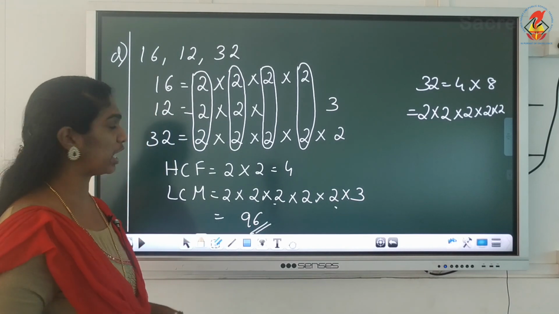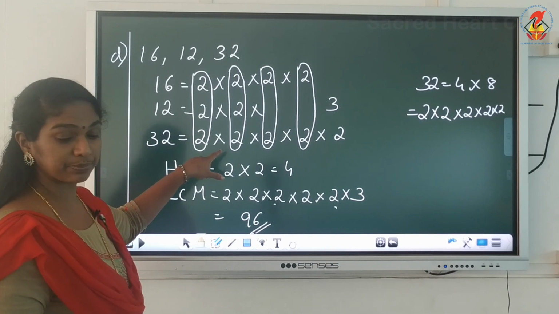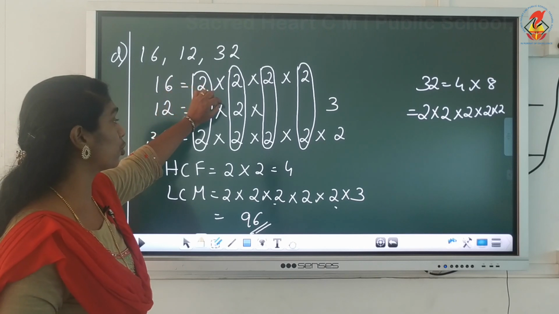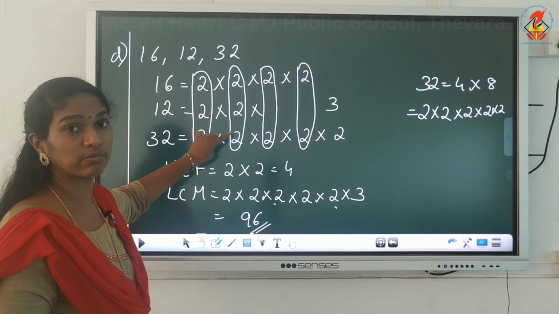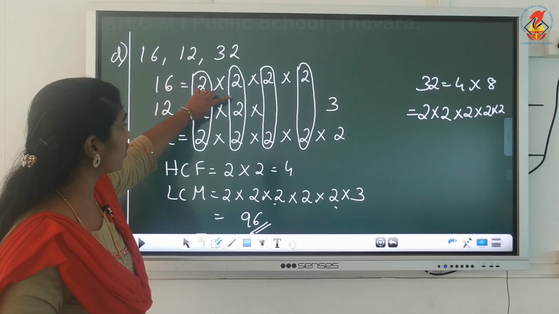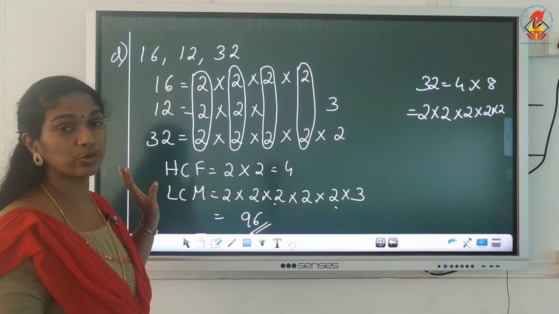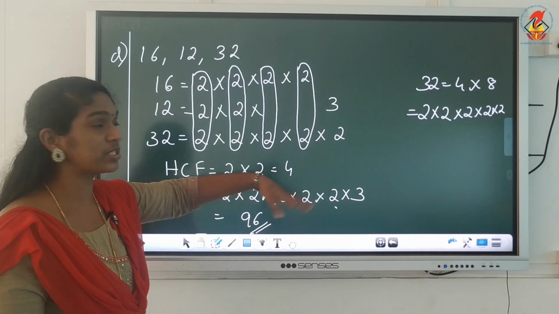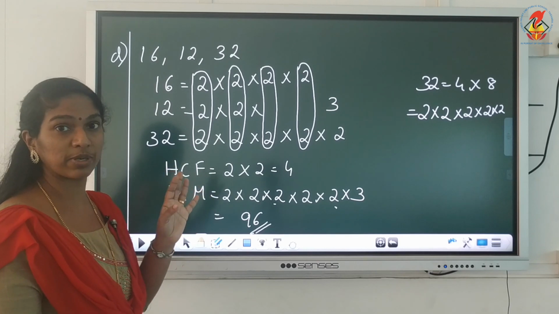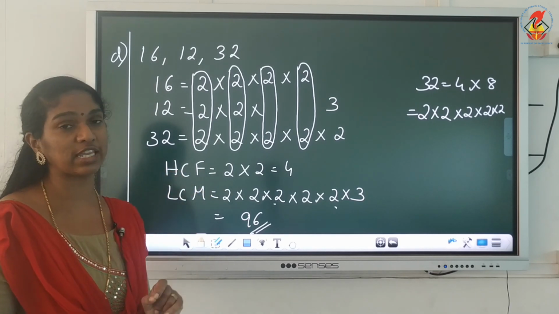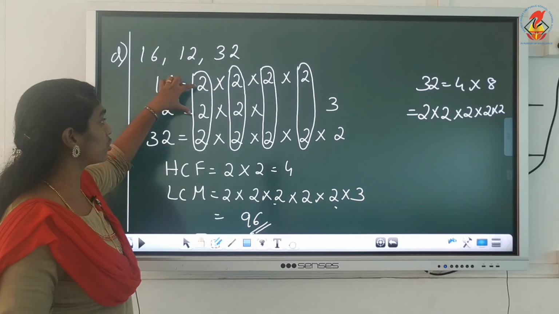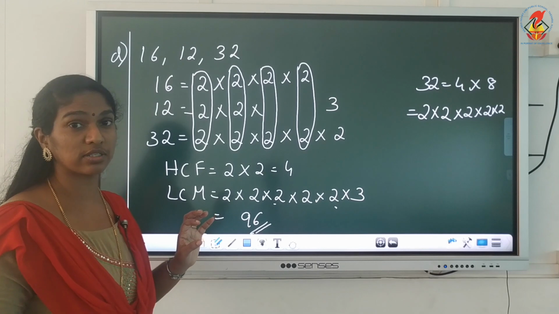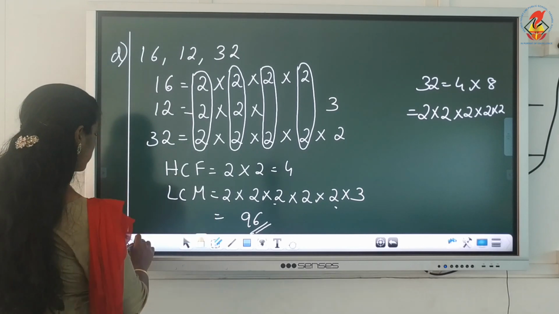Okay? So once again I am telling you, when you are having 3 numbers, when you are taking the HCF, you should take only from the groups which are common for all the 3 numbers. So I took 1 from here, 1 from here. I got 4. 2 into 2, 4. Understood? For LCM, no problem. You can take from all the groups and you can take what is left over. Just multiply and write the answer. Only for HCF, you have to be very careful. When you're having 3 numbers, you should take only from the groups where that particular number is common for all the 3. Okay? I'll show you one more question.